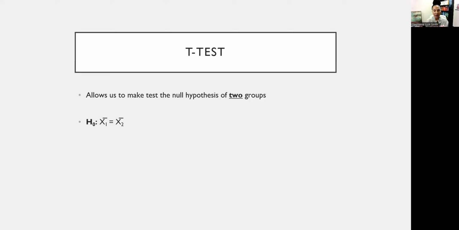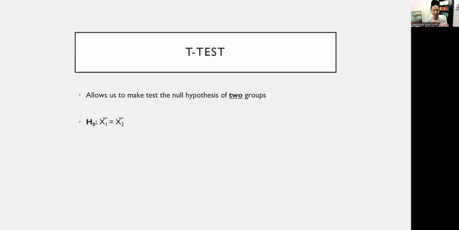So if you remember from the very beginning of the semester, we talked about how to calculate the mean. Let's say we're doing the red hair, blue hair group, and we've given them a spelling test, right? We will take all of the scores for the individuals with red hair, add that up, and divide it by n. Remember, n is the number of individuals who are in the red hair group, and that's how we calculate the